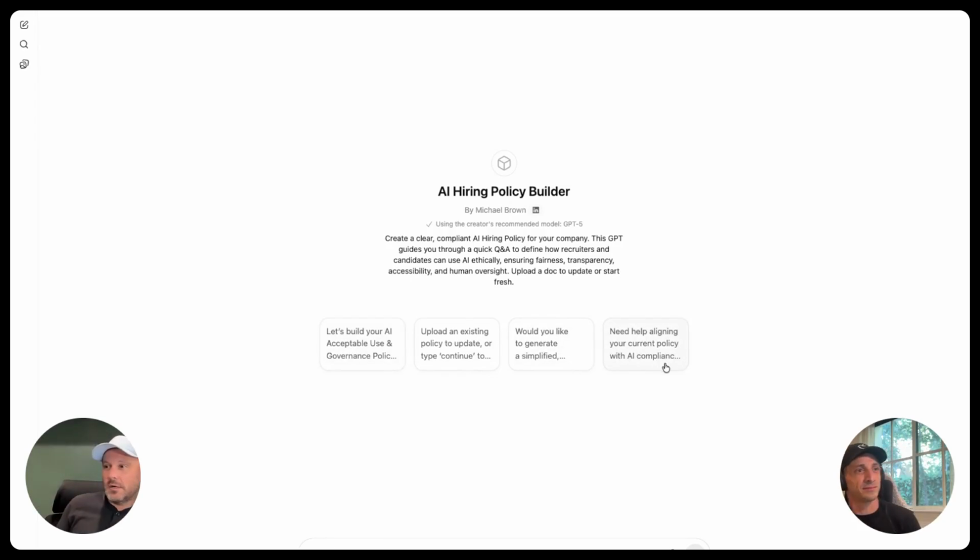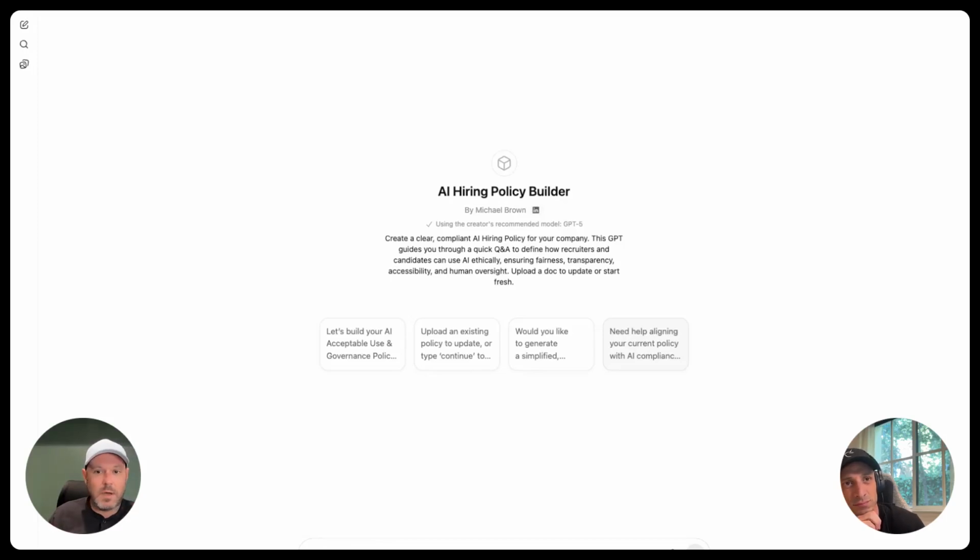The others are, this is a tool essentially that can do a couple of things. If you don't have an AI acceptable use and governance policy today, this is one that can help you build one from scratch, customized for your company and the way that you want to think about how to use AI.